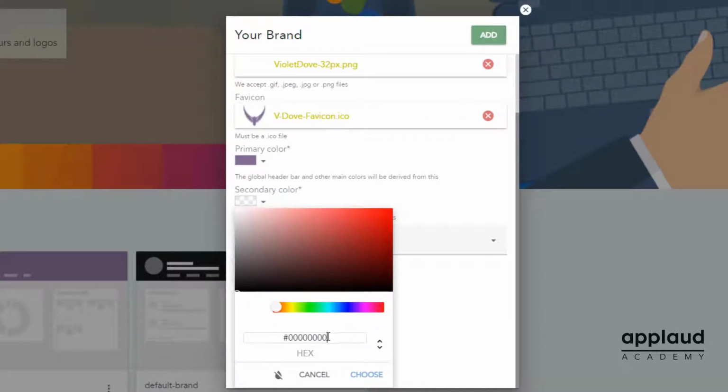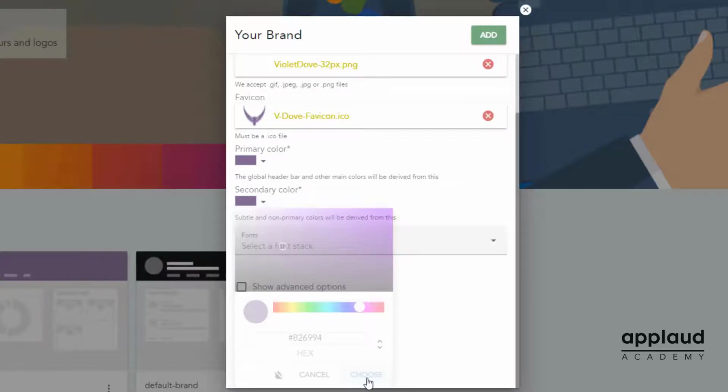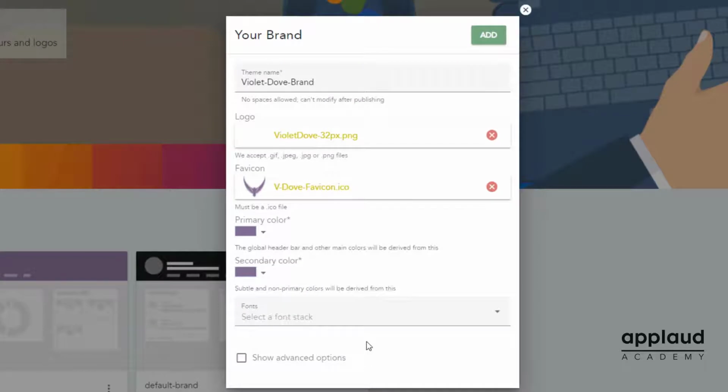Choosing different colours for your primary and secondary colours will create a linear gradient on your global header bar. If you would like your global header bar to be a single solid colour, you must select the same colour in both sections. When you're happy with your colour choices,